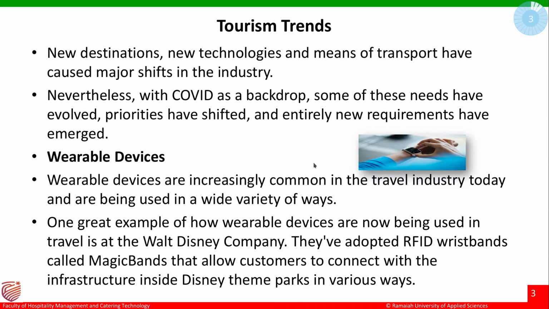Because of this, the traveler's view and the traveler's needs have changed a lot, and even the companies in hospitality have been trying to adapt to this kind of demand. Radio frequency identification wristbands help them to understand where the other travelers are, and with the app they put in their requests, and the services are given to them on time.